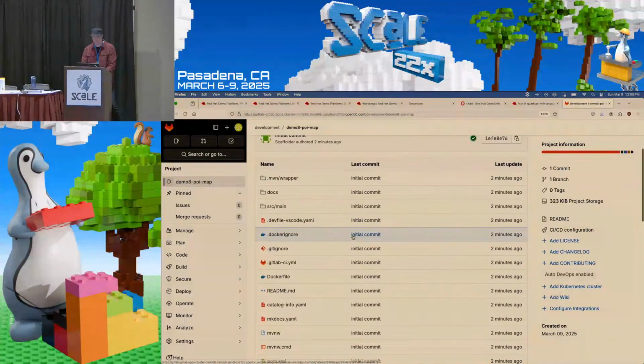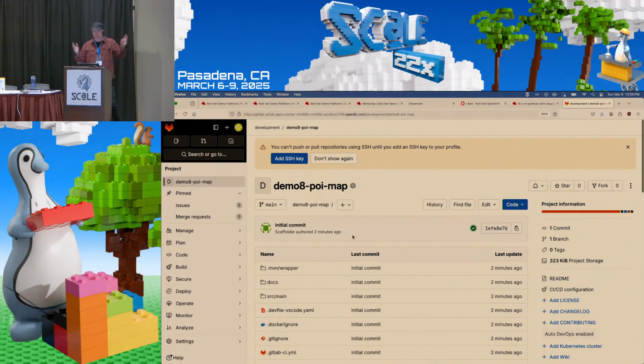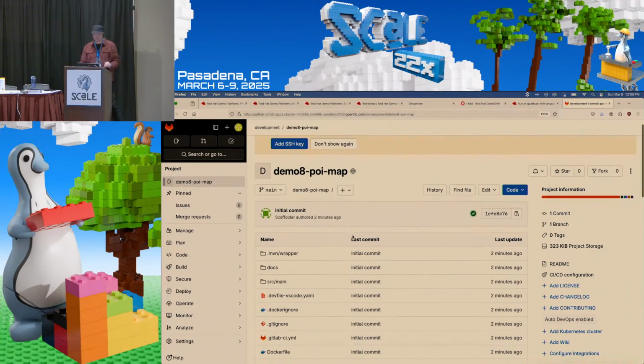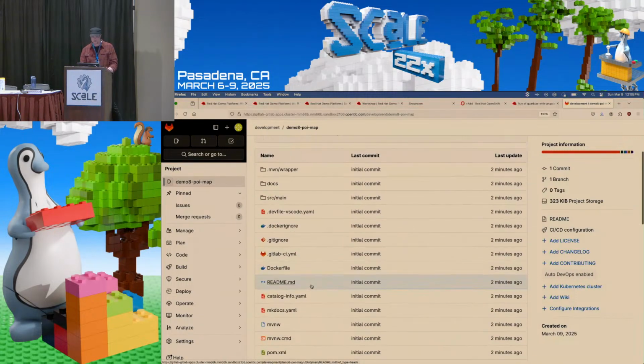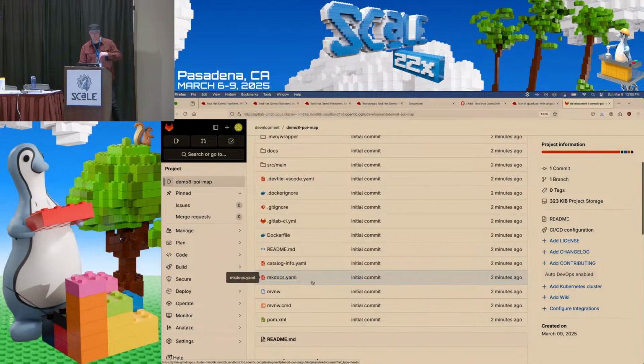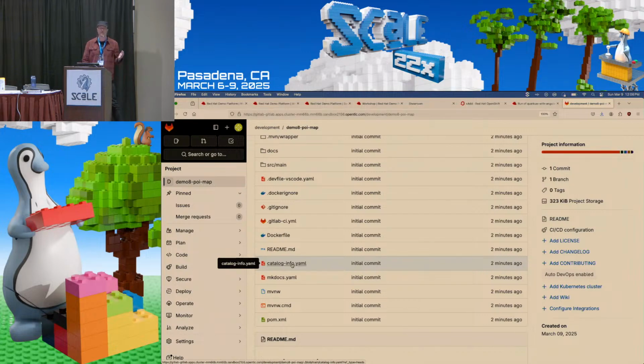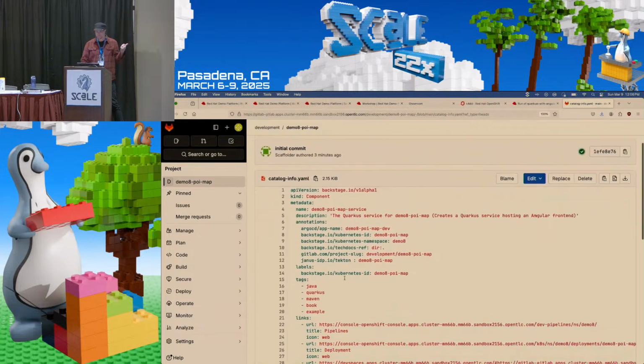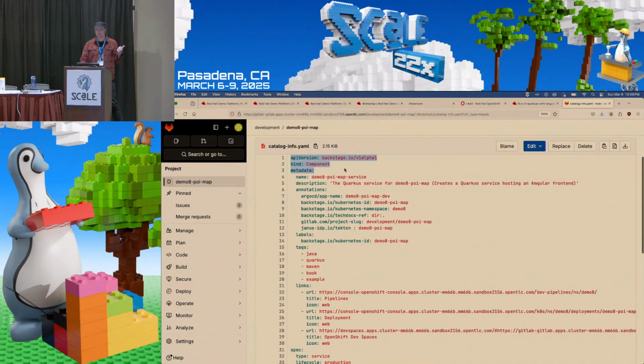So here's my new repo. This was just published 2 minutes ago, so it just got scaffolded out for us. This was what was in that skeleton folder before, right? And catalog-info.yaml is one of the main files, this is what gets registered back to Backstage. And this also has that OpenAPI spec, kind of group, version, kind up top. The kind is a component,